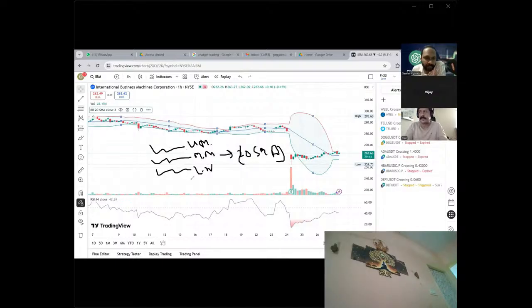Normally in Bollinger Band, the stock, or any index or any instrument, will try to move within this range only. That is why we consider the lower Bollinger Band as the demand zone and the upper Bollinger Band as the supply zone. Demand and supply. And apart from that, the lower Bollinger Band we can consider kind of support and the upper Bollinger Band kind of resistance.